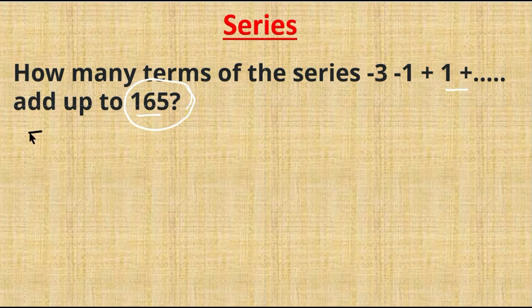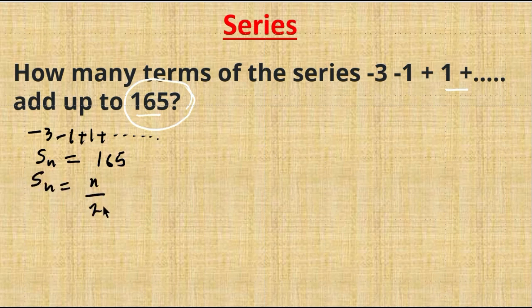For my series, I have -3, -1, +1, and it continues. Now, for it to sum up to 165 means that my Sn, which is the sum of the arithmetic series, will be equal to 165. The formula for the sum of any series is Sn equals n over 2 into 2a plus n minus 1 into d,